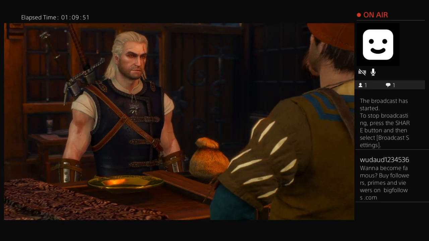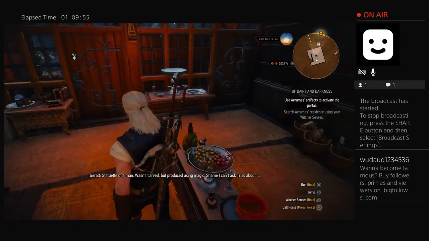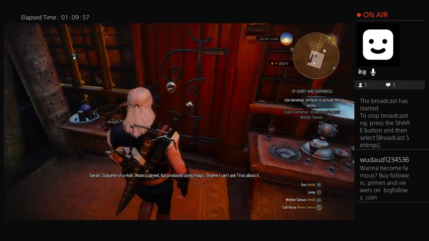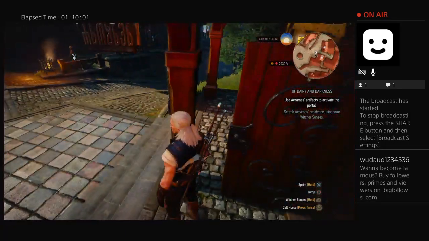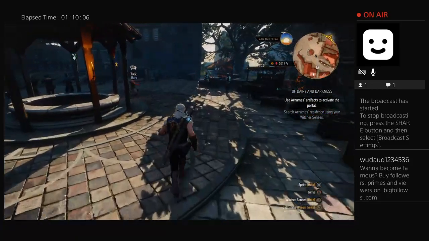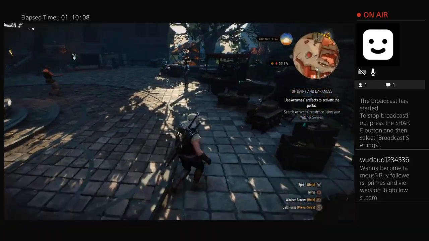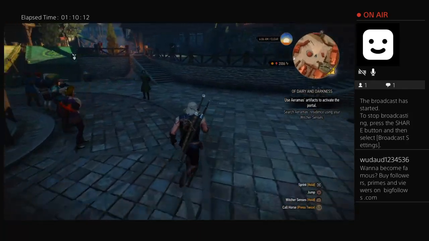Okay. Farewell. Statuette of a man. Wasn't carved, but produced using magic. Shame I can't ask Triss about it. Yeah, it's kind of a shame that I dealt with Triss's quest line so promptly, because not having her around means that I can't consult her on stuff. Don't stick your neck